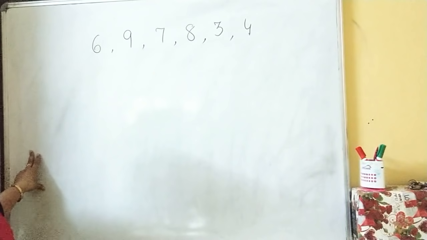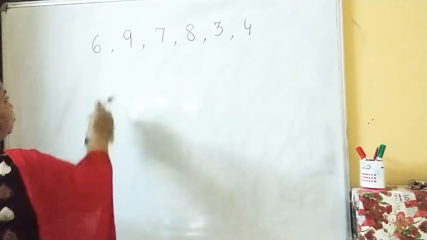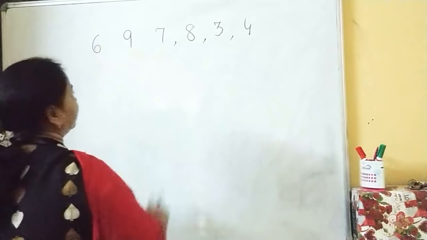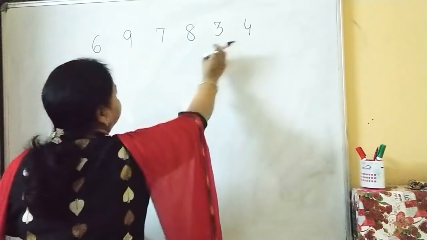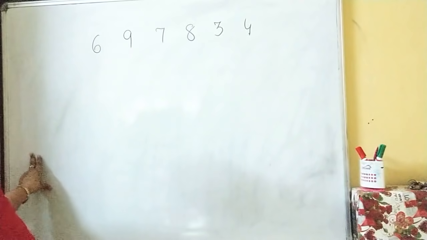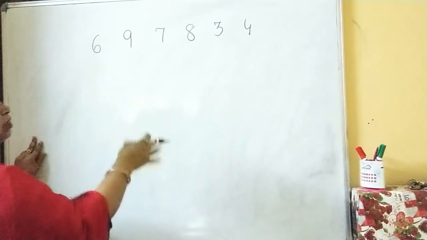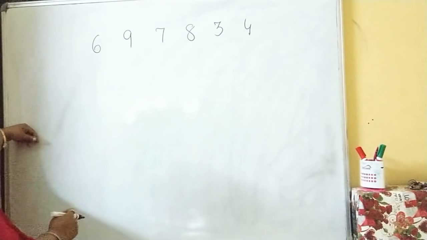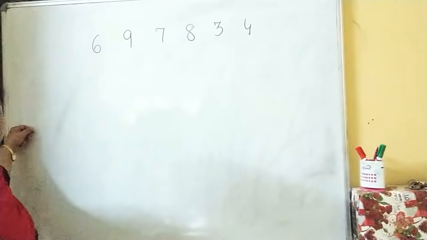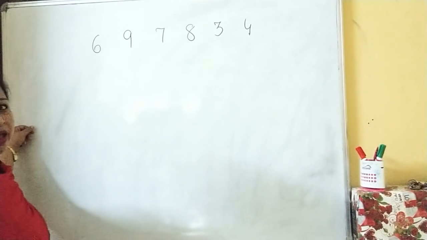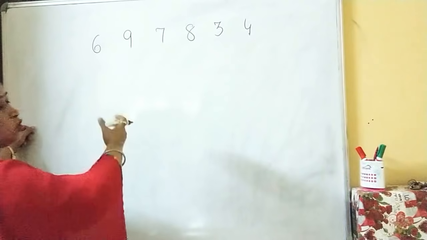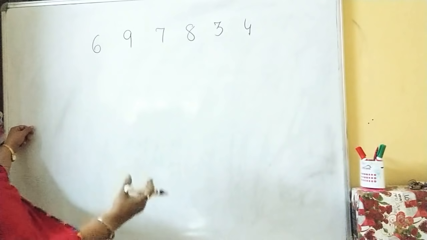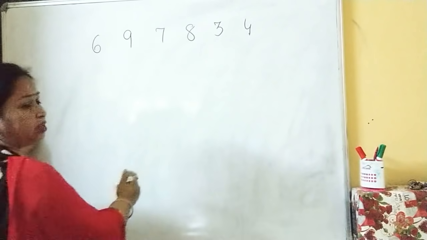Now, I have to make numbers out of it. So, I have to erase these commas. Okay? And I'll be arranging them in such a pattern that we will get some numbers. I told you about some game. So, let's play some game. I'm going to play musical chair with these digits. So, there is a party and these honorable guests are going to take their places. So, let me arrange chairs for them.